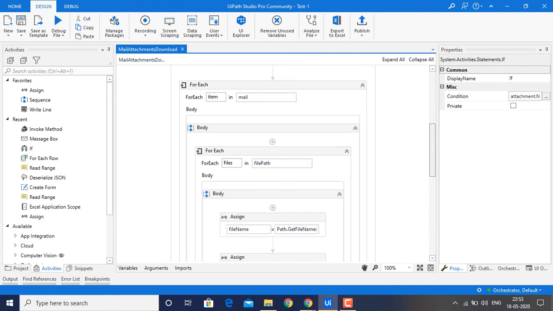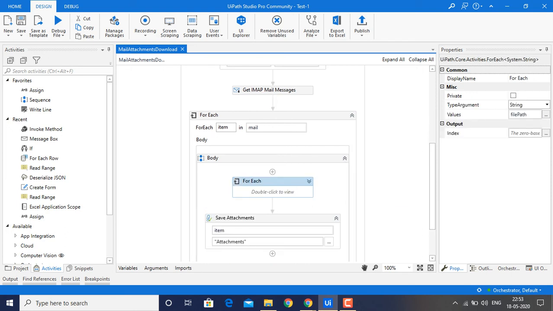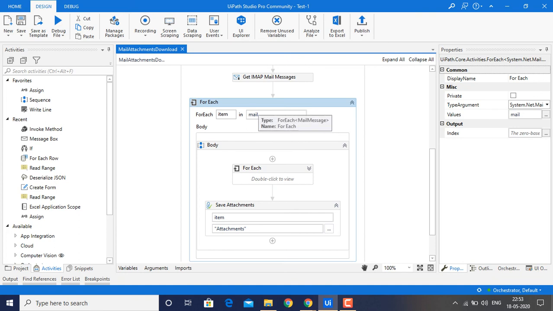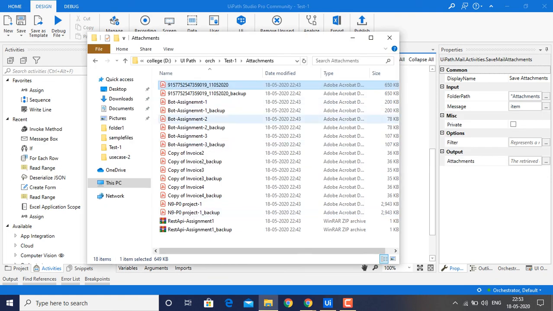If not, in the first sequence, this is the first sequence where item dot attachment. If it is not working, then it is going to save attachments into the destination folder. It will be an item. That is where I have done it.